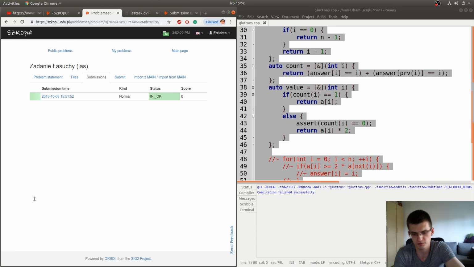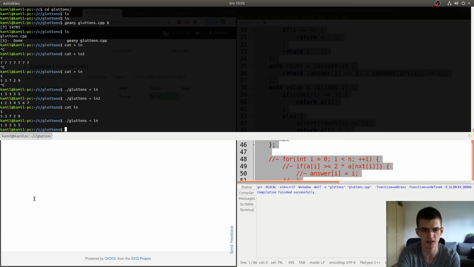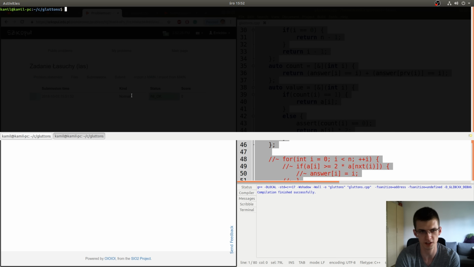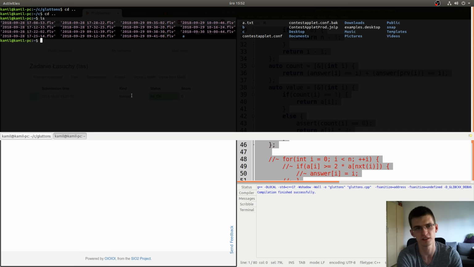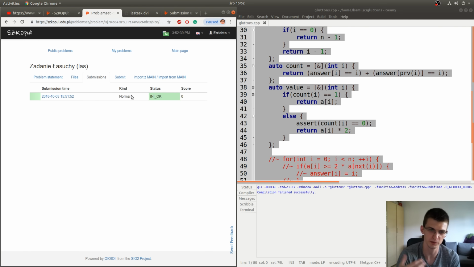I also don't want to have multiple files. For example, this is freshly installed Ubuntu, and here there are not really many of my files or directories, because I don't want to by mistake show something confidential.